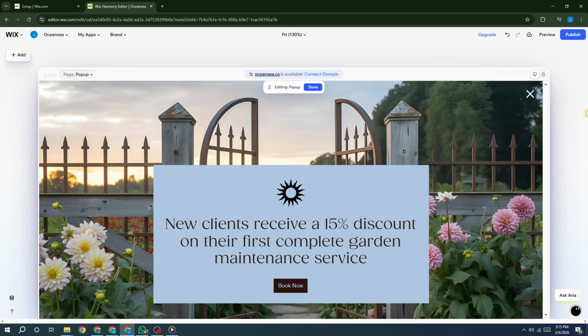And that's all there is to it. By following these simple steps, you'll be able to add a Lightbox pop-up in Wix